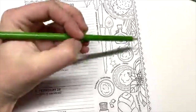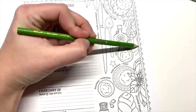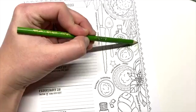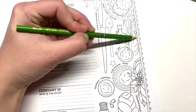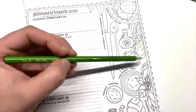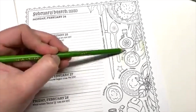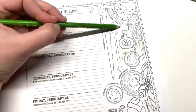Okay, there we go. So I'm going to make the background green, and then my idea was to make the leaves not green, because in the other one I made the leaves green, which is fine, and they looked really cool, but I thought this one would make them not green. The tendency is to color the leaves green, I've found, at least for me. So for most of this background, I'm going to do it really quick and just use the side of my pencil and try to make it as light as possible because I want a real light green. And then I'm going to darken it for a little shadow,